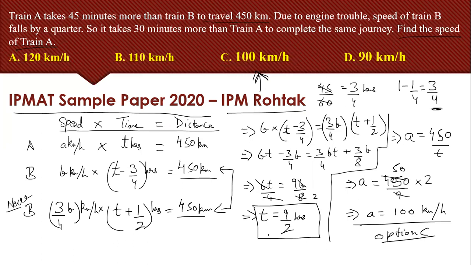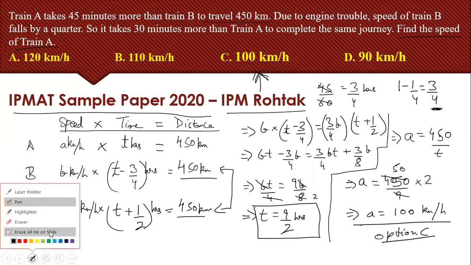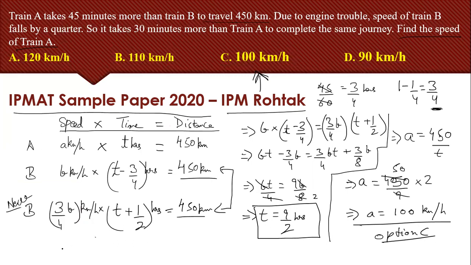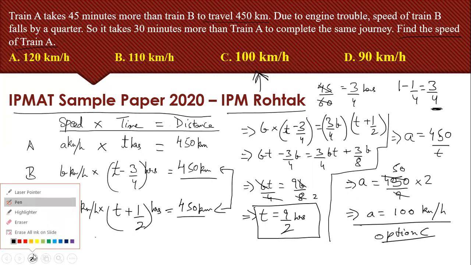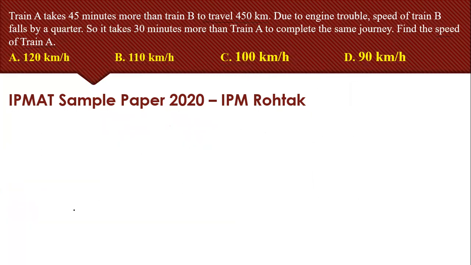What can be the other method to solve the same question? Let's see. I hope you have understood the basic method first of all, right? So let's go to the jugaad or shortcut. If you are asked to create the question, what kind of values do you generally use? You'll pick up the values which are very easy for calculation, right? So which is the easiest value out of these four options to use? I suppose 100 seems to be the easiest, right?